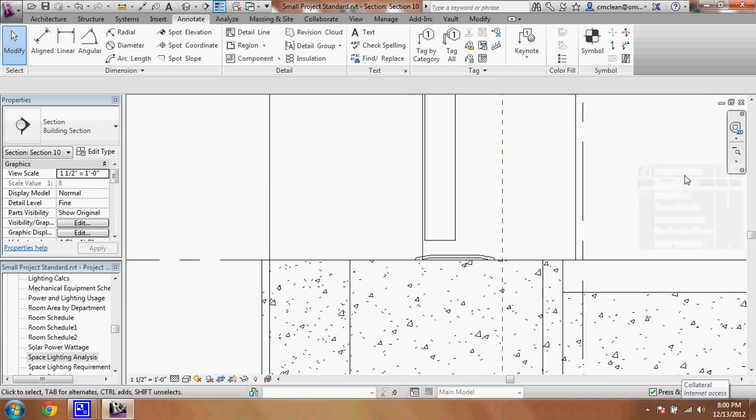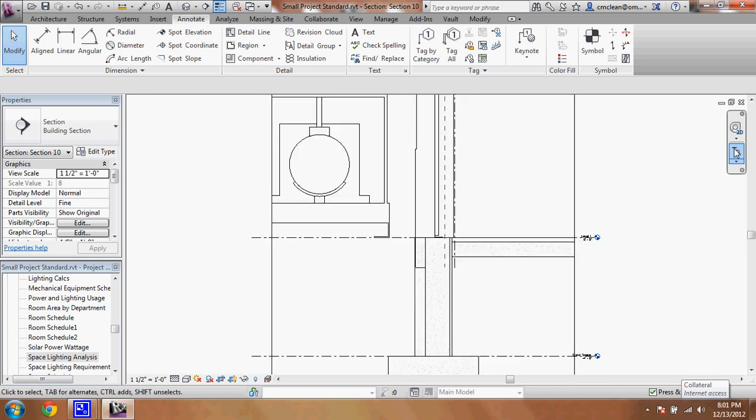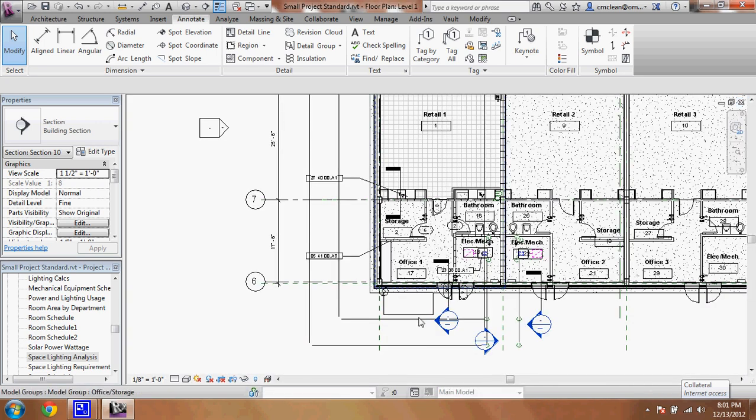Mostly when you cut a section in Revit, it shows a blank. I mean, there's no detailing inside of it. In this case, there is. Now, even if I move the door,